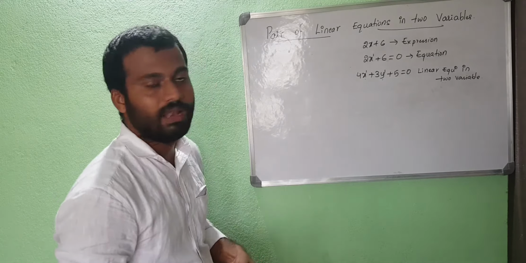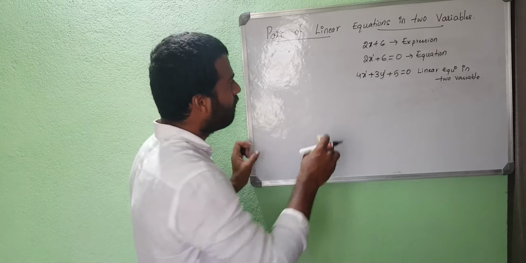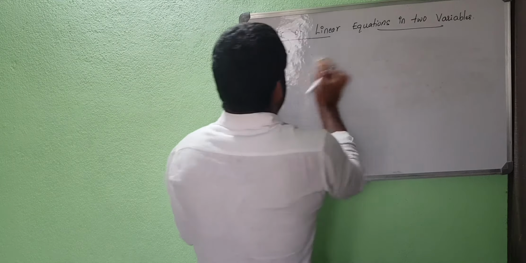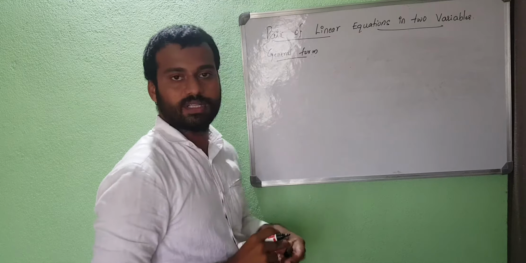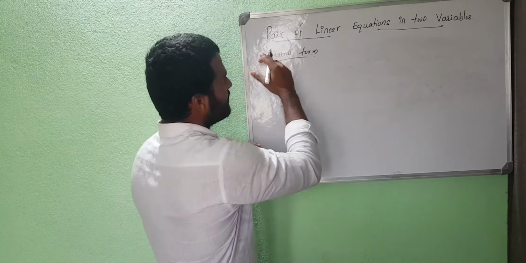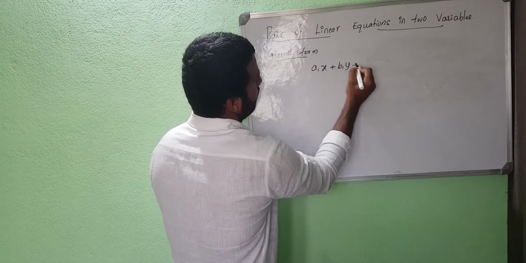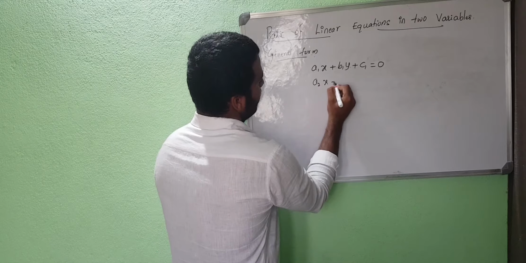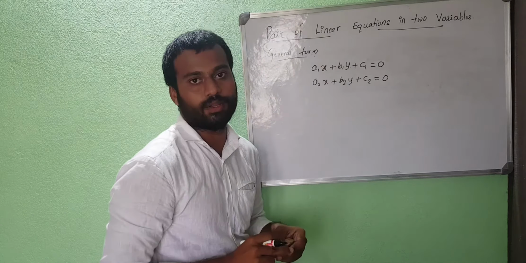The first thing we will learn is the general form of this pair of linear equations in two variables. So how will the general form be? I'll write the general form. It is like this: a1x plus b1y plus c1 equals 0, and a2x plus b2y plus c2 equals 0, where